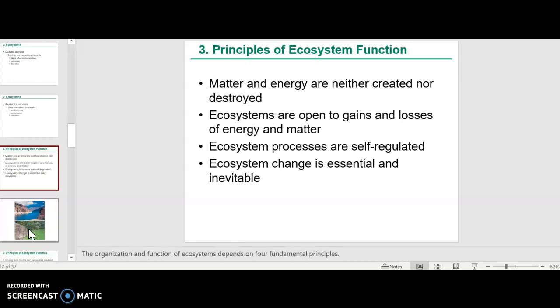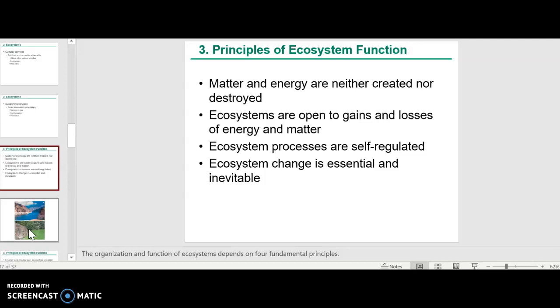I want to move here though to the ecosystem function. And of course this goes into a little bit of physics, which is matter and energy are neither created nor destroyed. Ecosystems are open to gains and losses. And so that means they're always open to gains and losses. Ecosystem processes are self-regulated, meaning we have tried to regulate ecosystems and we could do it to a certain extent, but we can't fully regulate an entire water cycle. Humans cannot get in there